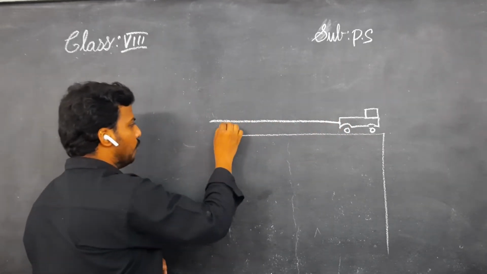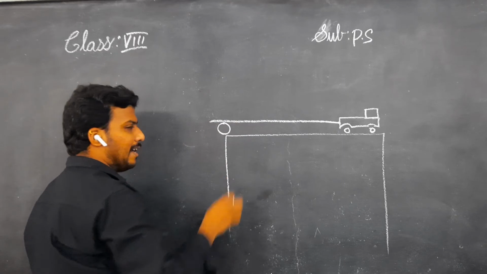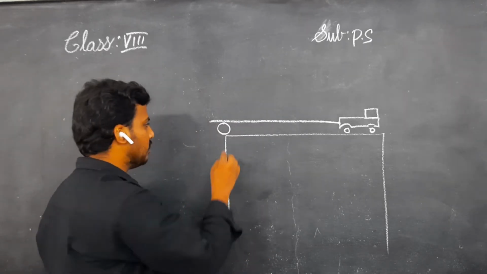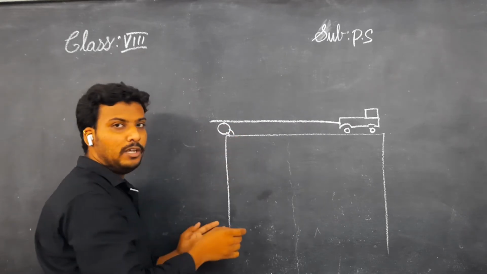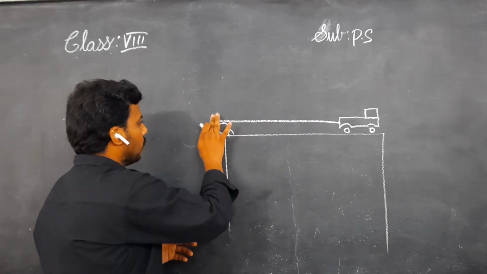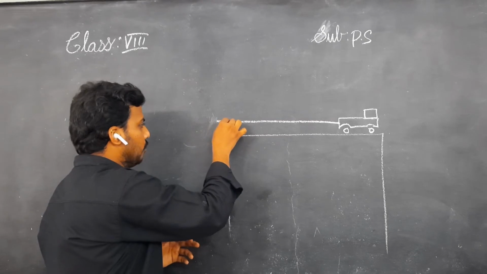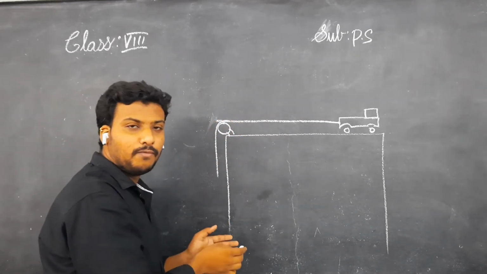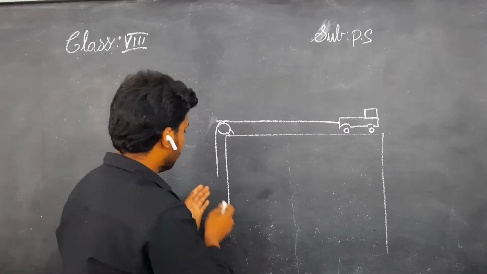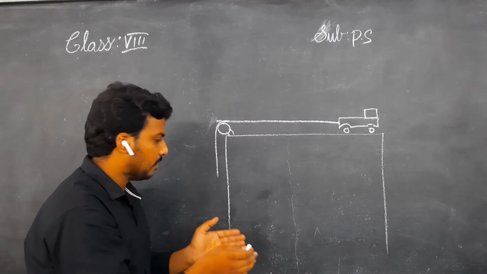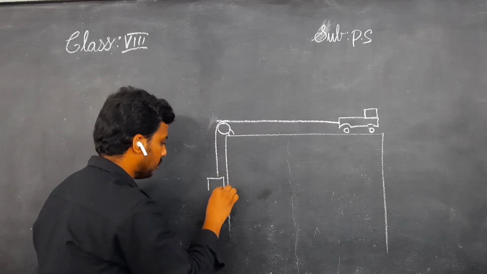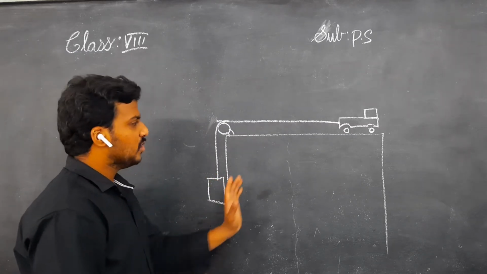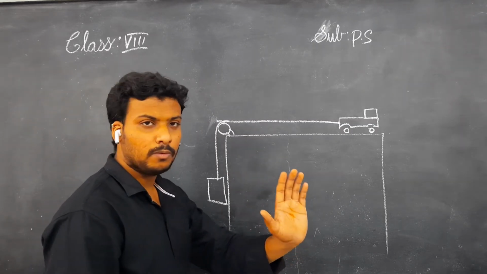And here itself you take a small pulley. I did not mention the pulley in the materials, but here you need to take a pulley, children. I am taking a pulley over here. So over the pulley you need to take the string like this, and the other end of the string should be connected to the weight hanger, children. This is a weight hanger. Understand, children? This is the activity you first need to perform.